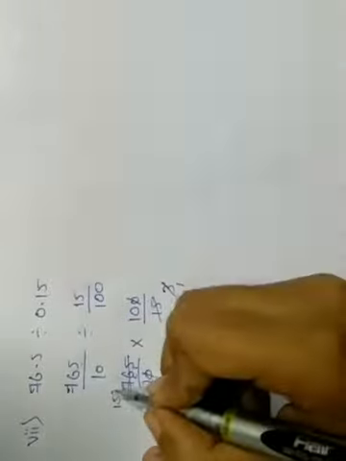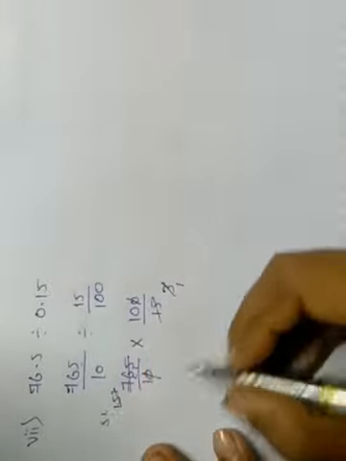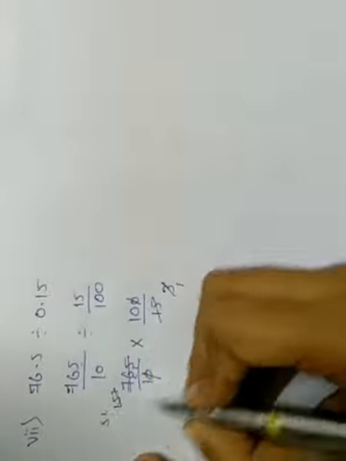See, 3 1s are 3. 3 5s are 15. 3 1s are 3. Right. Here we got 51 into 10. At the denominator place both are 1 1. Means 1 into 1 will get 1 only. 51 into 10 means 510. That is the answer. 8th and 9th are homework.